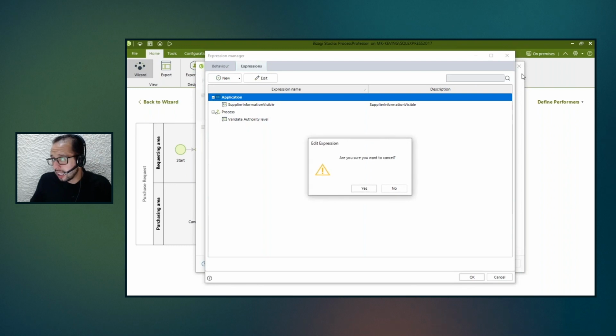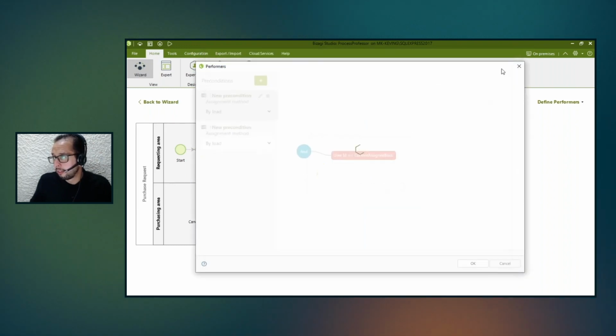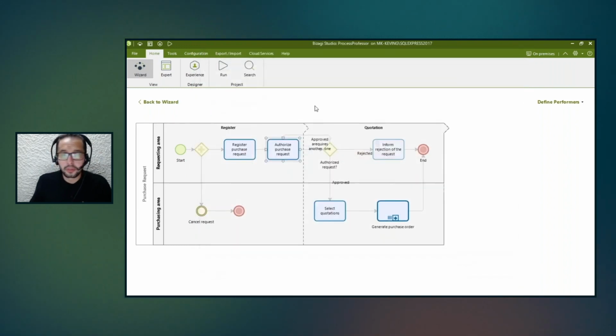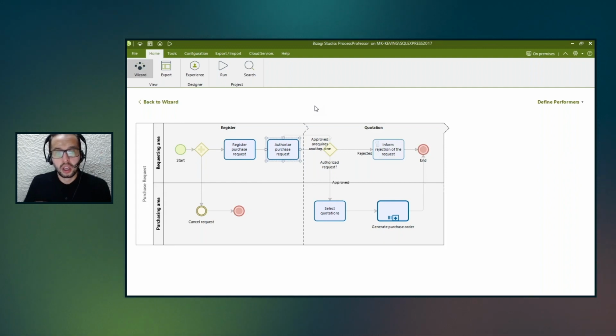So particularly for step number 5, where we define our performers, you need to keep in mind exactly the same considerations as when you are creating your expressions. Where you want to create it, if it's going to be at the process, if it's going to be at the project, and then reuse it according to that, okay? Now, finally, the last step